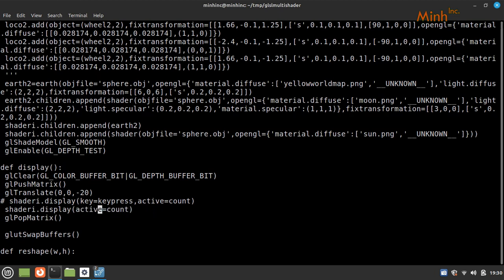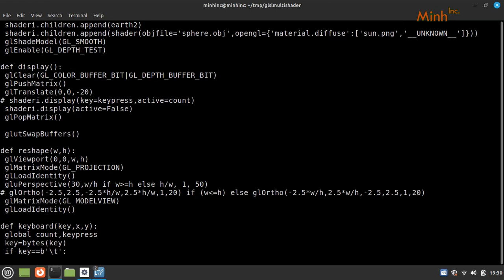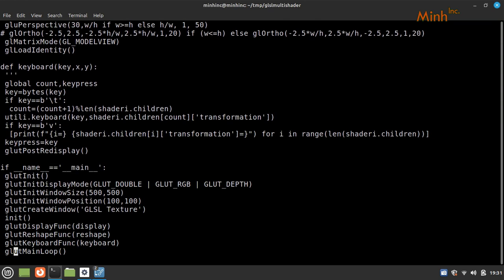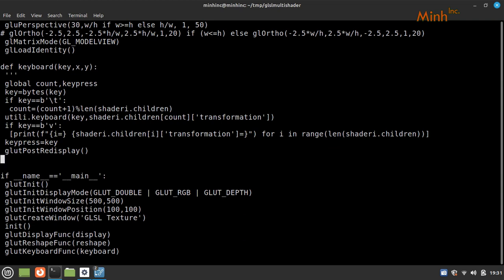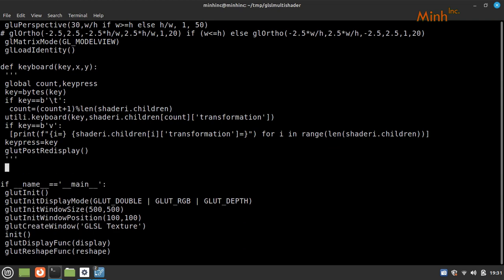False. And now in the keyboard, so we have pushed the keyboard kind of to, okay, so we don't need now. So keyboard is pushed in the model only. So life is easy. I can just say glut post redisplay